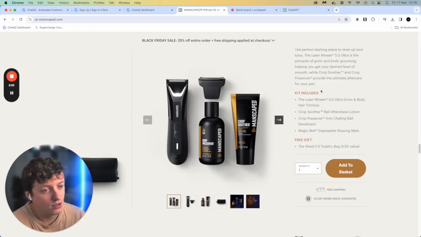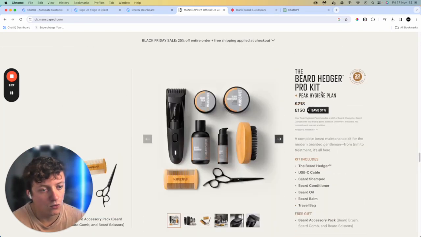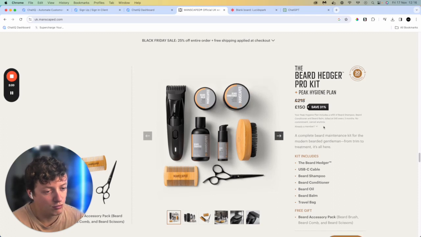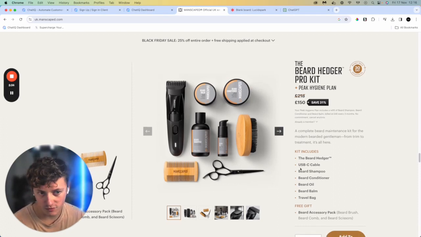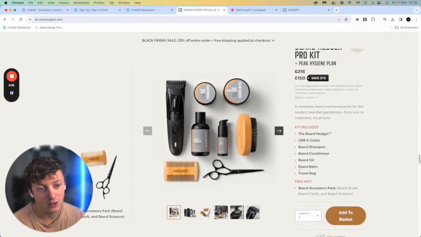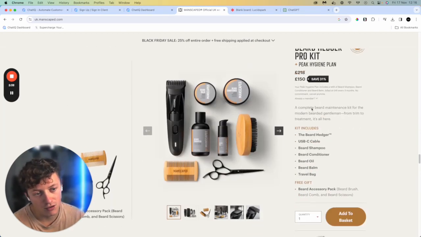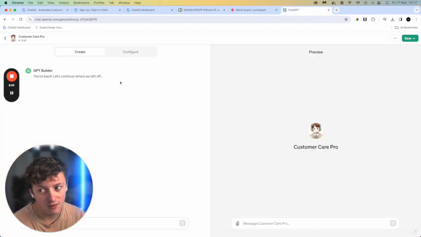Sometimes there's a problem on your website that you don't know about, because you're spending all the time on your product or on your website, you know exactly what all of these products do. But somebody who comes on who doesn't know anything about your brand may not know what the products do. They may not know which product's best for them. So imagine if we could give a GPT like this